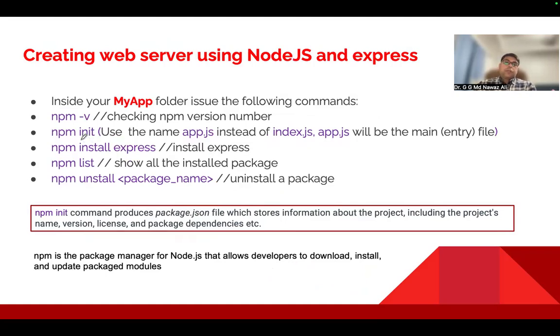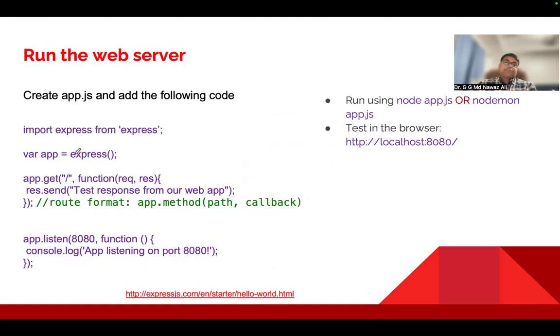So to create a project hierarchy, we can write the npm init command, which will create the JSON file, and it will keep track of your dependencies. And then we'll start working on that. So to install Express, you write npm install